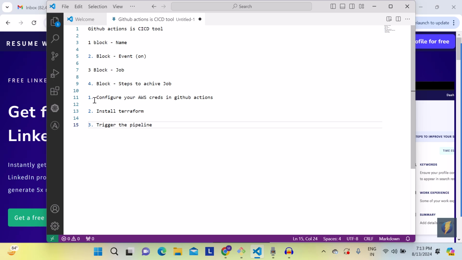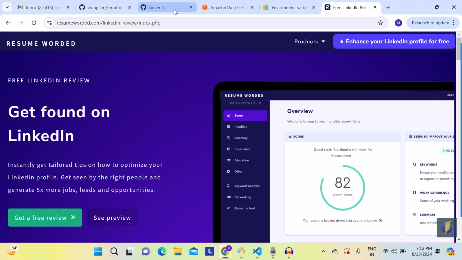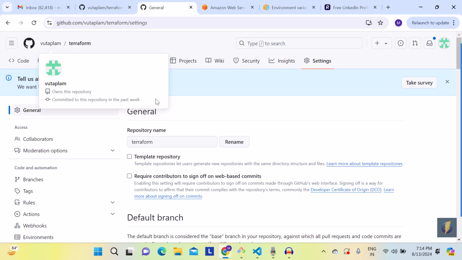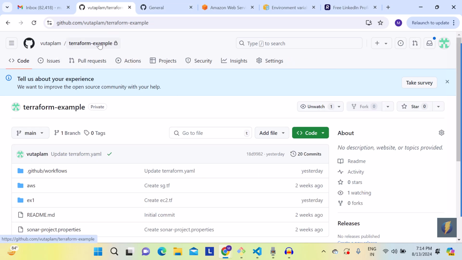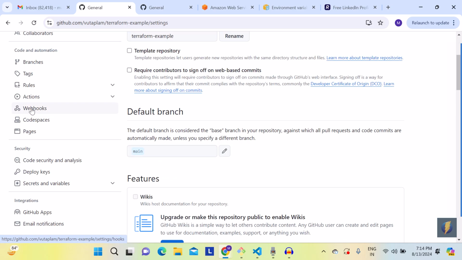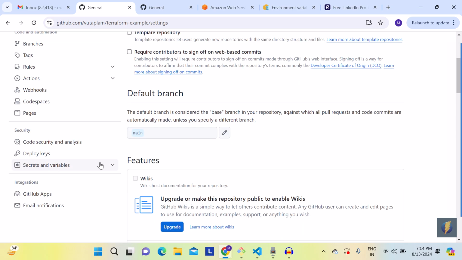So we'll go to the first step, configure AWS credentials. How to do that? In GitHub. For this example, we'll take the Terraform examples code. We have multiple repositories, and we'll go with the Terraform examples repository. Here, in settings, under security, you have secrets and variables. Click here, go to actions